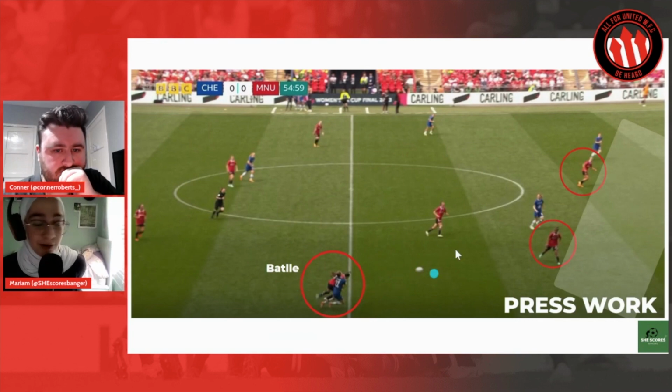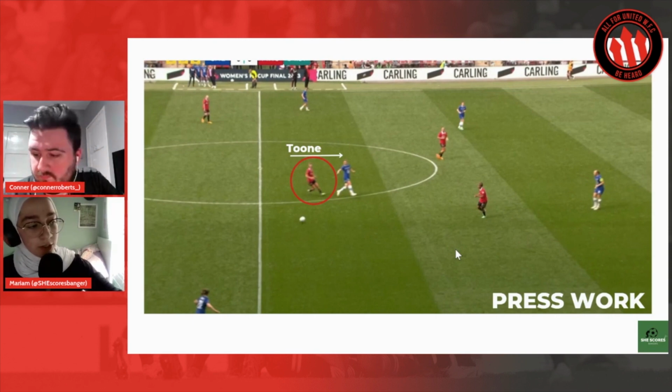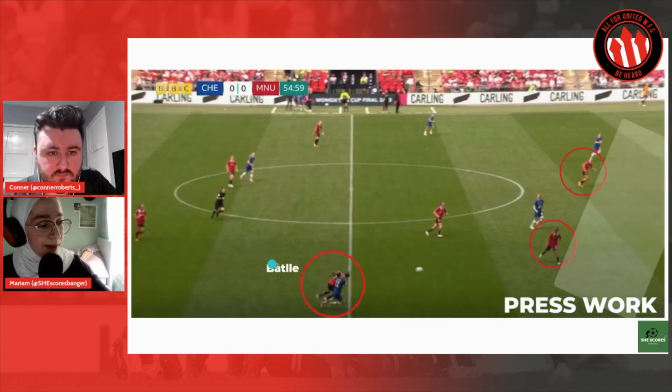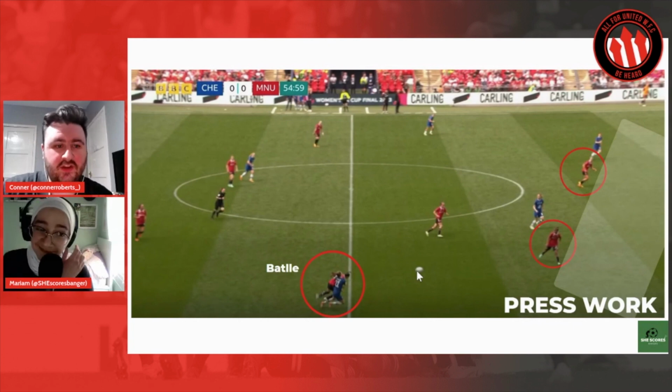She intercepts the ball. I mean, it's probably hard to see how fast it happened, but just imagine Chelsea's trying to put the ball backwards. All of a sudden, Battier's coming in. Turnover. You've got the ball. Happened so many times. The interesting point on this one, again, this is in the second half now, so we're